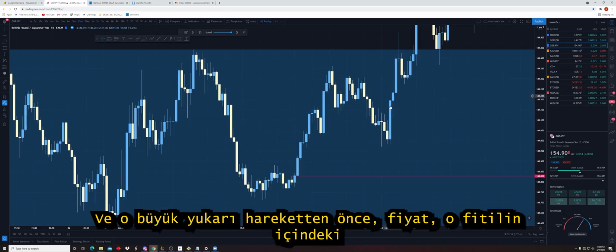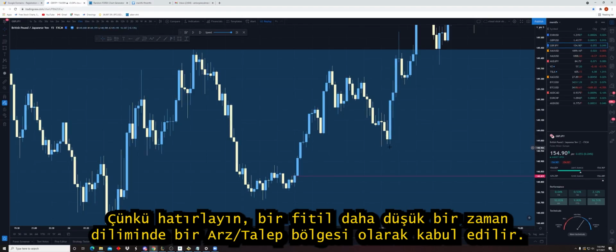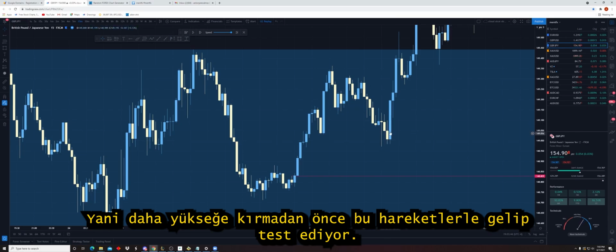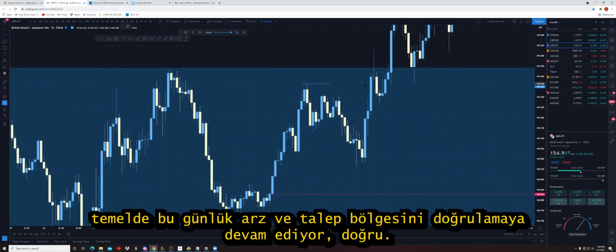And before that big move up, the price comes to test the supply and demand zone inside that wick, because remember, a wick is considered a supply and demand zone on a lower time frame. So it comes and tests it with these moves before breaking higher. And this break higher goes ahead to put in new highs, goes ahead to basically verify this daily supply and